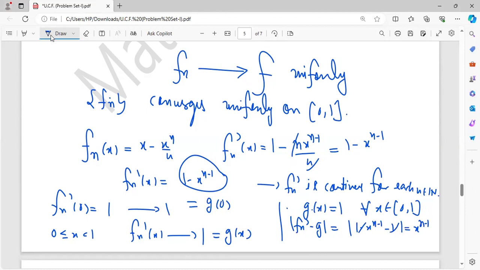Okay, I can take x equal to 1. If I take that, then Fn dash minus this is 1. I cannot make this smaller than epsilon by 2. So it means, what does it mean? It means that